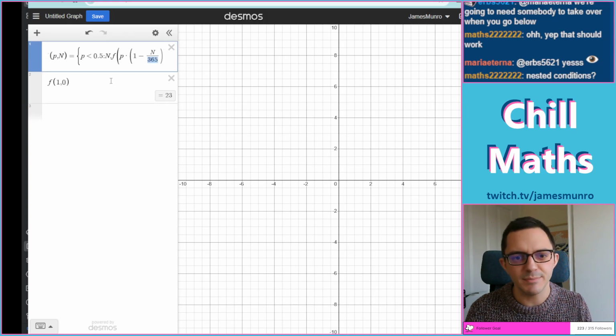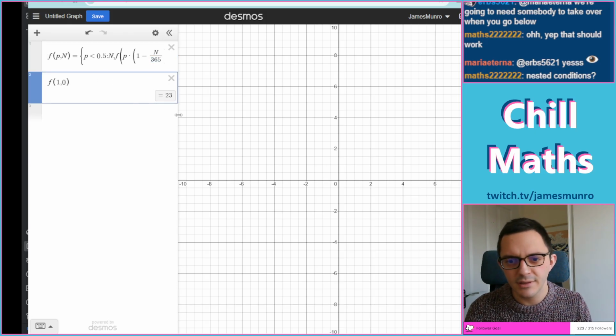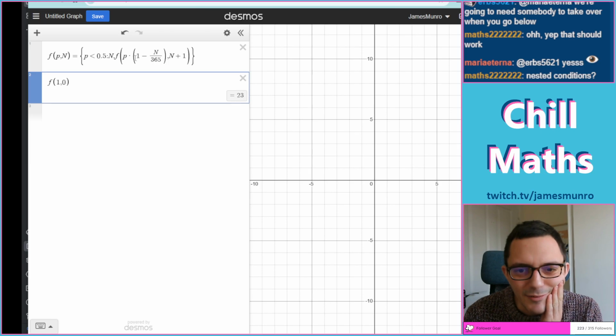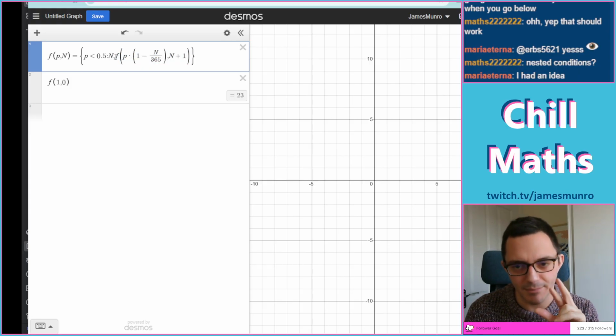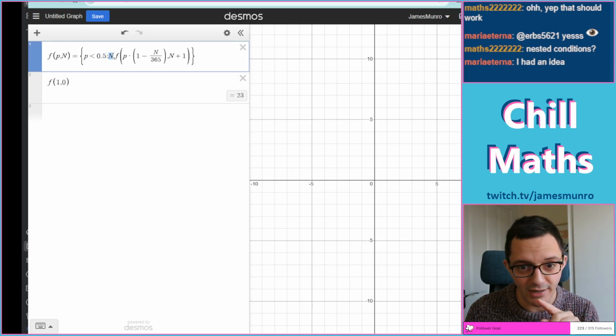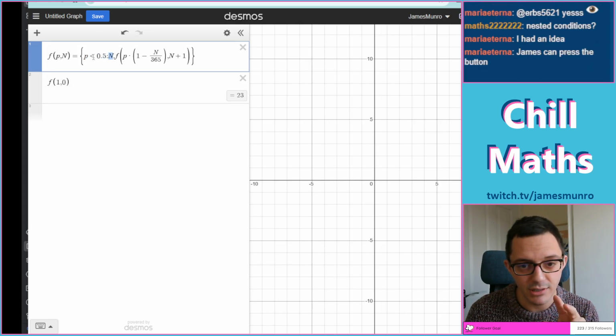Oh no, I want that to be a number as well. So I've got my probability in here. Okay, so I've got Desmos to do the calculation now because it's doing a nested conditional thing to say if the probability is less than 5, then I want you to just report the value of n that you're holding, which might be 0. Otherwise do this and add 1 to the count. But